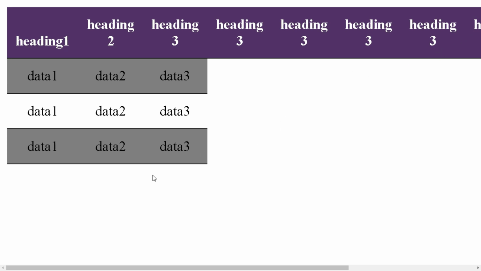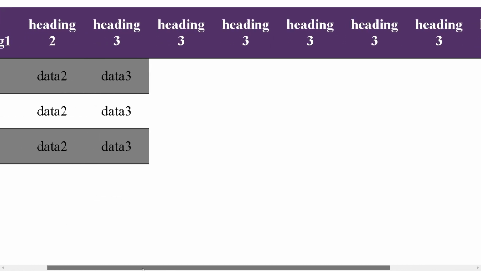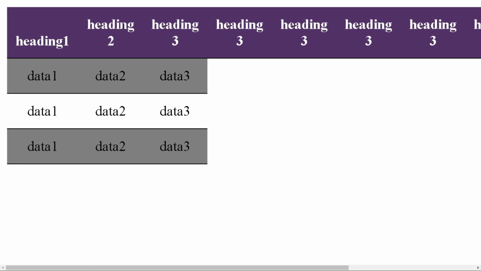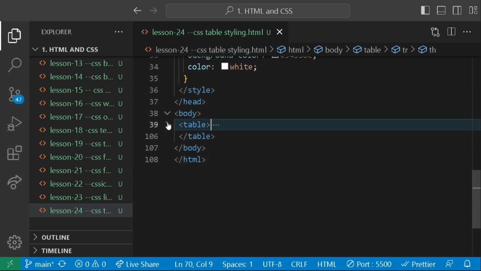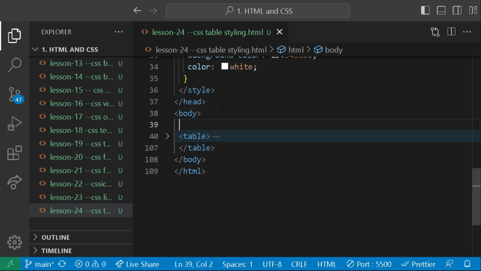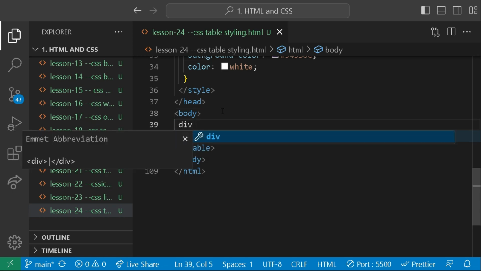For making it responsive and bringing a bar here, so that the user may scroll, this body is getting that scroll bar, but we don't want our body to get that scroll bar. We want our table to get that scroll bar, so that the user may scroll it completely to see the whole data, so they may not miss the data in our page. So for doing so, let us first shrink this table, and we want to wrap it inside a div, and you can give it a class. For example, if I give it a class of table wrapper